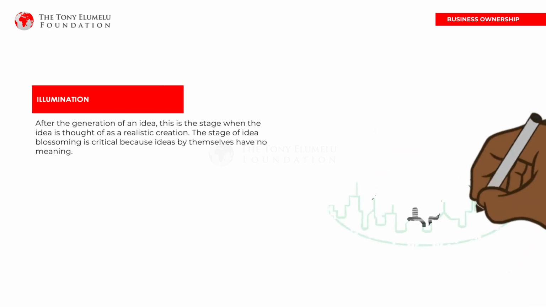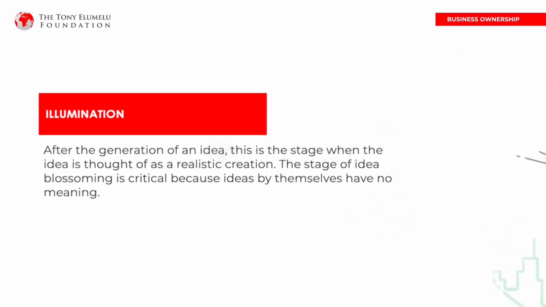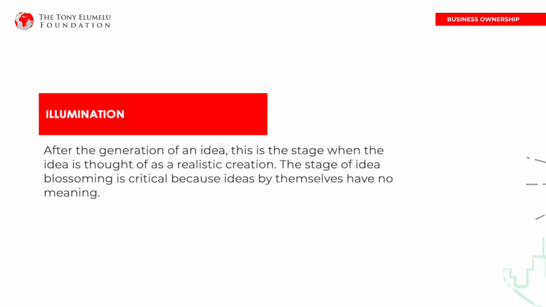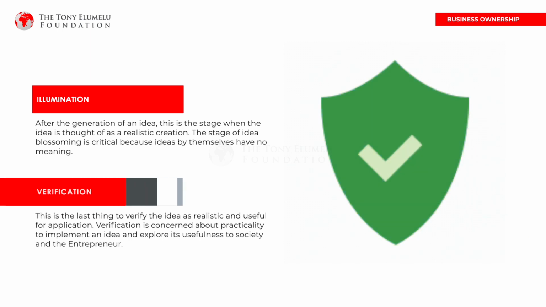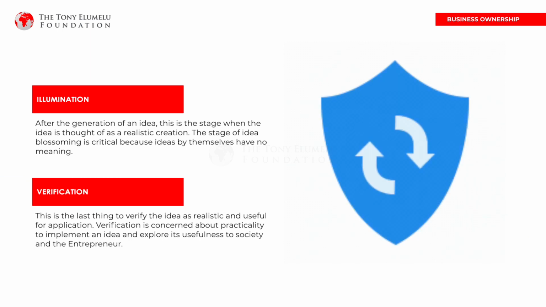Illumination. After the generation of an idea, this is the stage where the idea is thought of as a realistic creation. The stage of an idea blossoming is critical because ideas by themselves have no meaning. Verification. This is the last stage to verify the idea as realistic and useful for application. Verification is concerned about the practicality to implement an idea and explore its usefulness to society